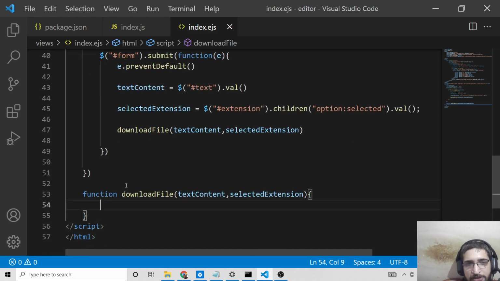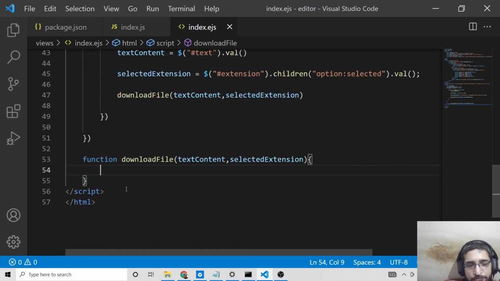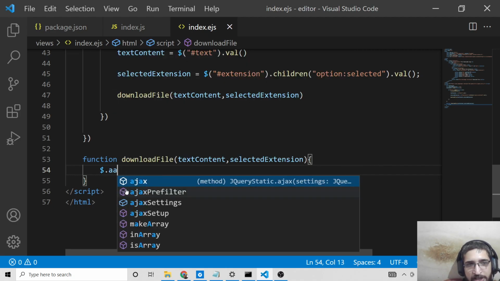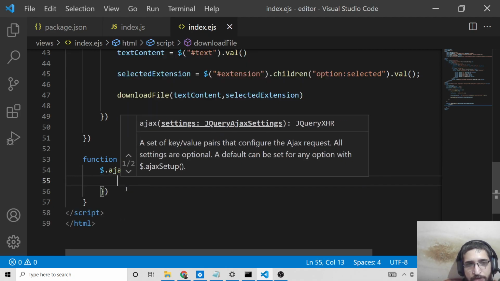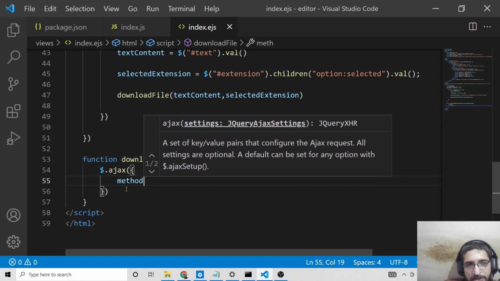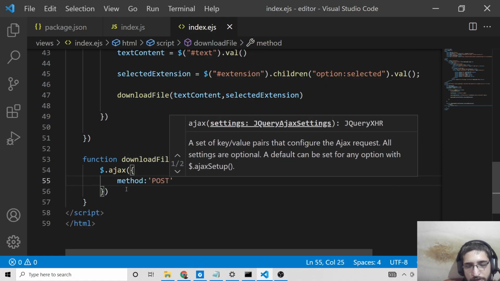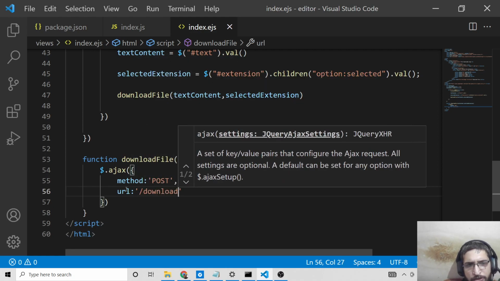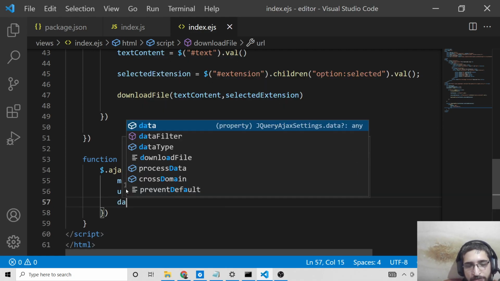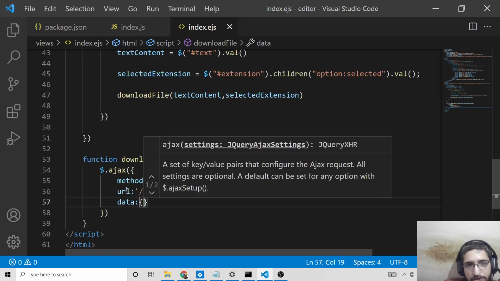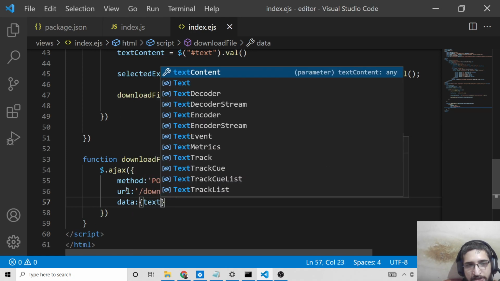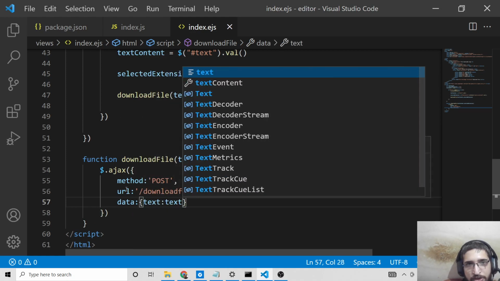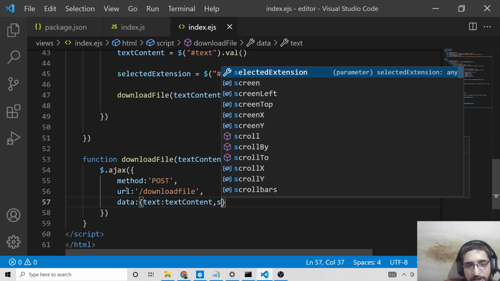So inside this method, guys, we simply need to make a simple AJAX call to our Node.js application. So the method here will be post, and the URL will be download file, and we will pass some data to it, which is the text, which will be there inside text content, and the extension.